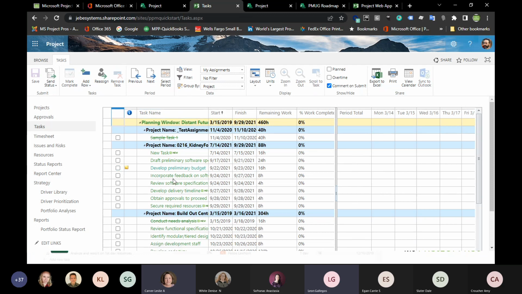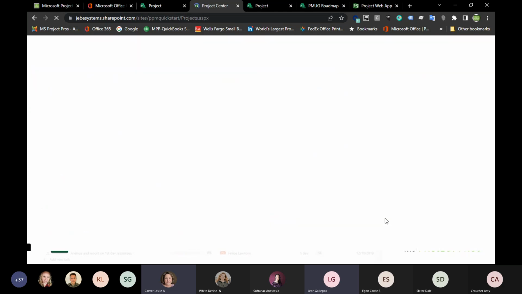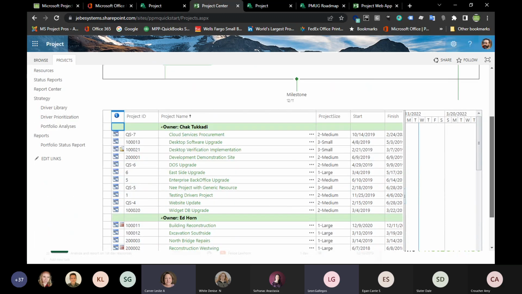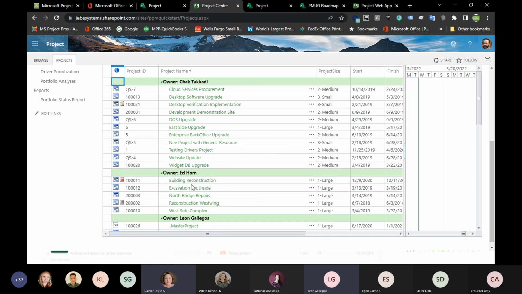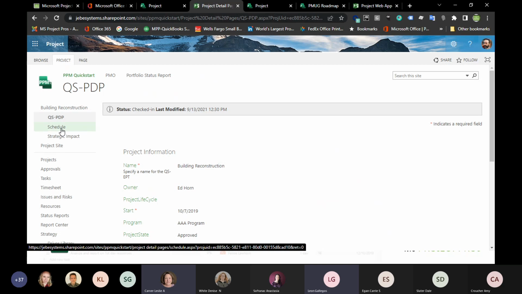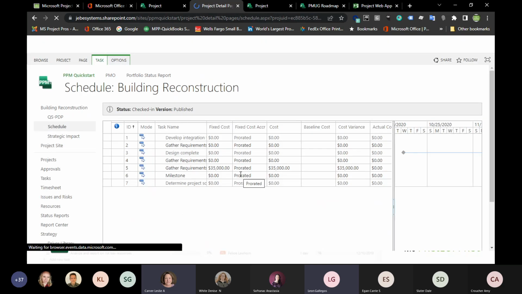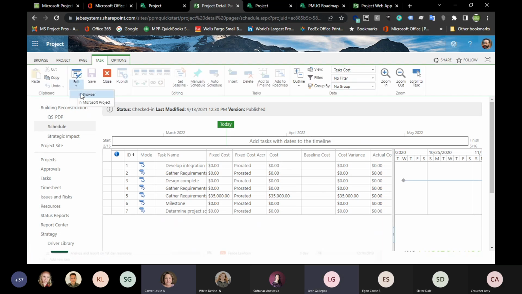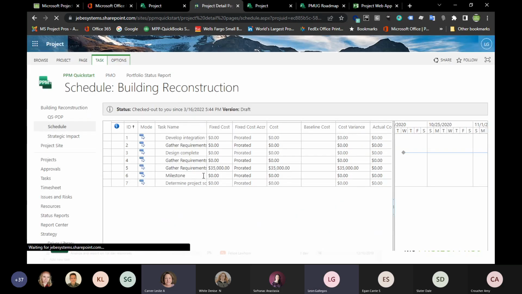The other thing you can do on top of that, since we're talking about roles, is have a user in a team lead role. As a team lead, they don't necessarily need Microsoft Project on the desktop, but you give them the permissions to go in the browser. For example, this is Ed's project. I'm just going to, hopefully he gave me permissions to it, drop in there. But let's say I was the team lead and I didn't have Project on the desktop. I could still come in here and edit this project in the browser and make updates to the schedule itself,